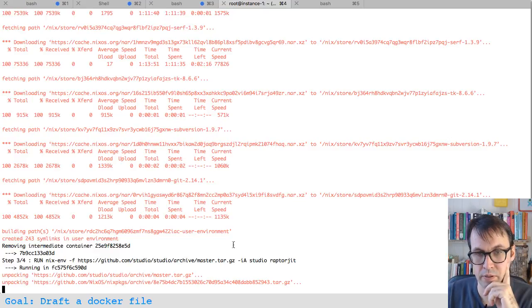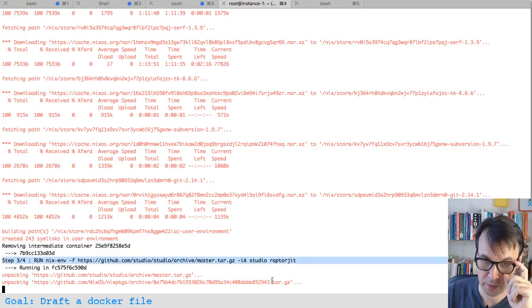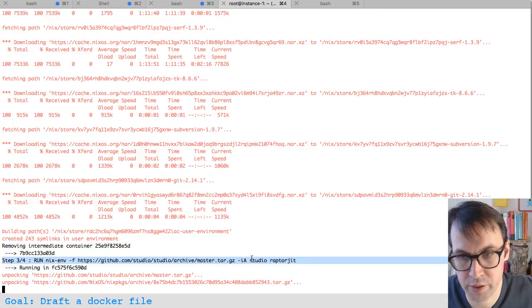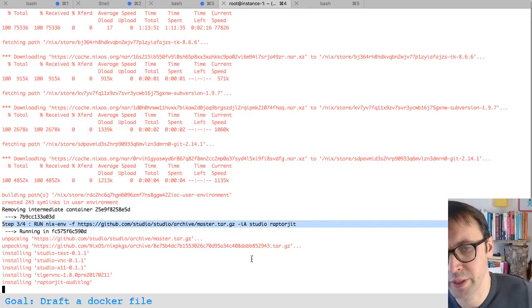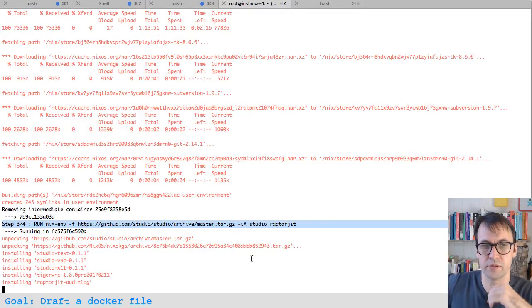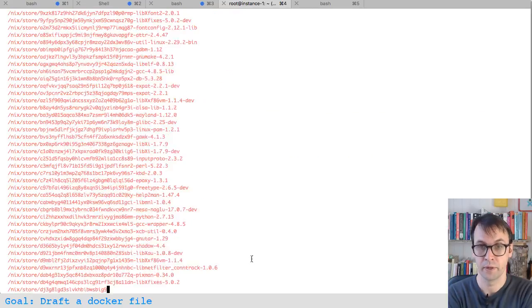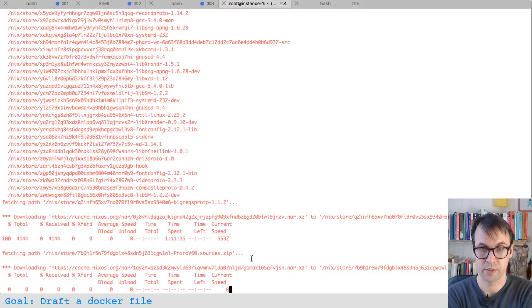Okay, so now it's installing the master branch version of Studio, and the reason it's doing that installation, as I said earlier, is really just to make sure that our Nix store has most of the packages that we're going to need already there. Like, it's got Tiger VNC, it's got RaptorJIT, it's got Pharo Smalltalk, all this kind of stuff. So these are not necessarily the exact versions that we're going to want for the version of Studio that we want to run, but a lot of these packages we see here will be the same,